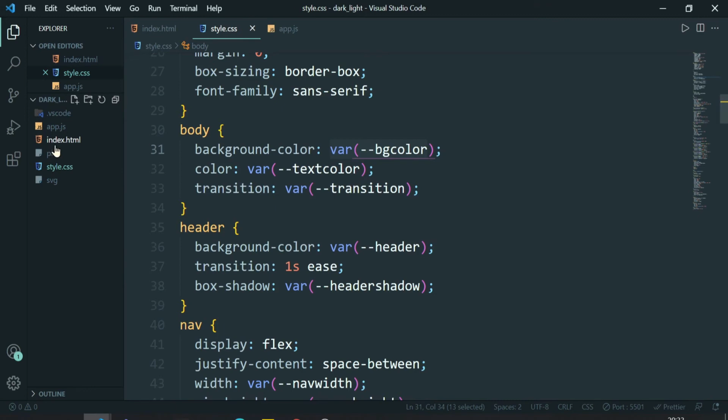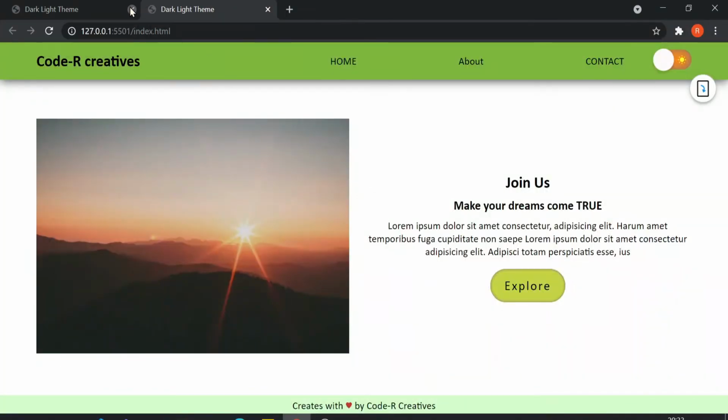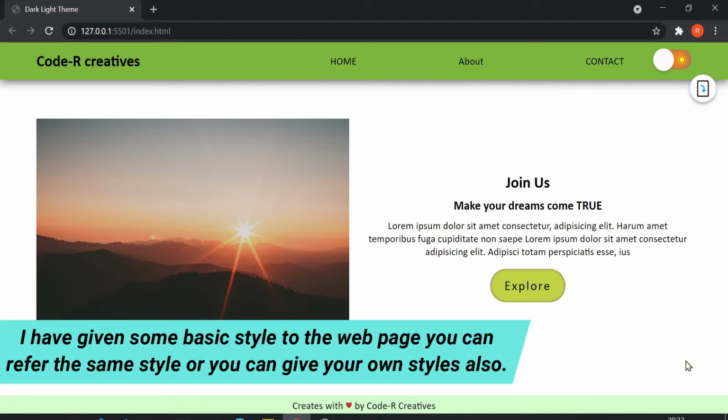So now let me show you the page, and here you can see that right now we are not able to switch between the themes, but you get an idea that we have given every style, and everything on the page has been maintained.